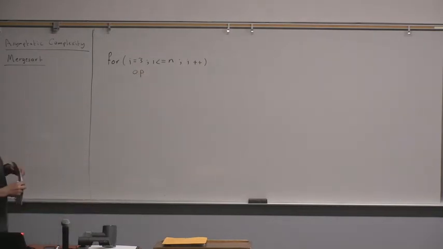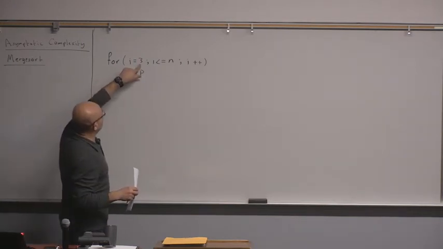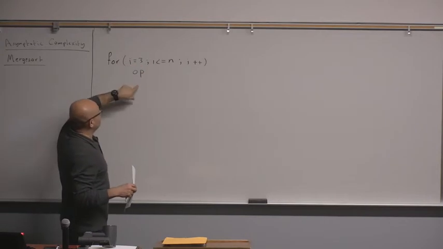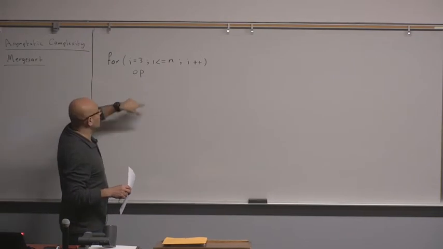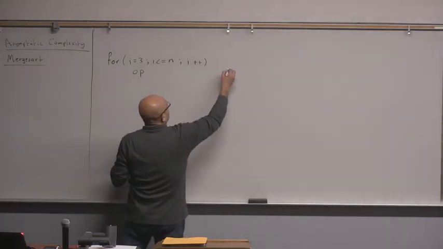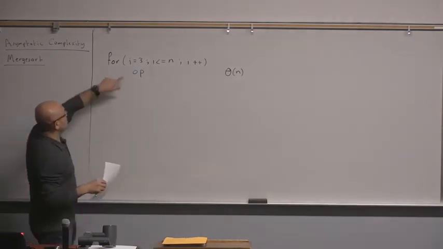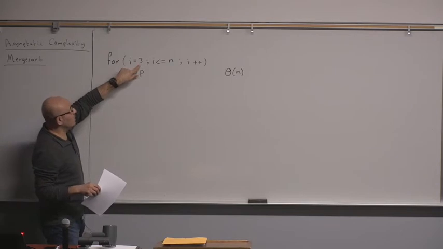Then, no matter where we start from, regardless of the starting point, whether this is a 3 or a 4 or a 5, the running time of this is going to be what? This is theta of n. Even if this is 3 or 5 or 6, it will still be theta of n